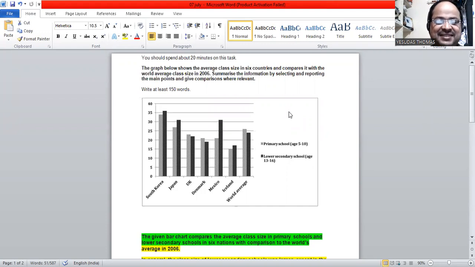Today we are going to discuss the bar graph as the academic task one here. Let's have an overview regarding the four classical charts. In academic task one, we do have four very common types of questions, and they are